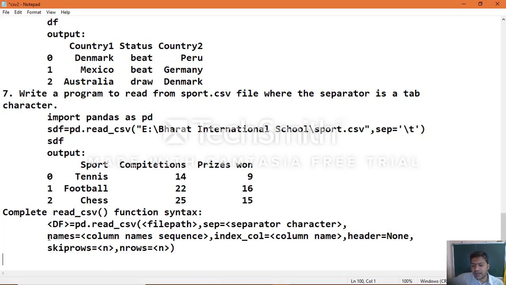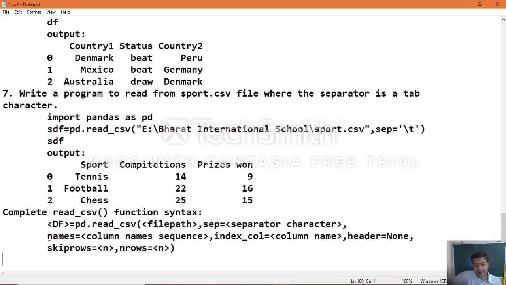You can specify that argument as index_col, that is column, equal to the column name. Another one is the header argument. When you don't want to use either the CSV file column headers or your own column headers, then you can specify header equal to None, which treats default column headers, that is numpy array values 0, 1, 2, 3 and so on. Same way, if you want to skip some rows from your CSV file, you can make use of skiprows, and the value you specify will be skipped, from top to bottom, starting with the top row.